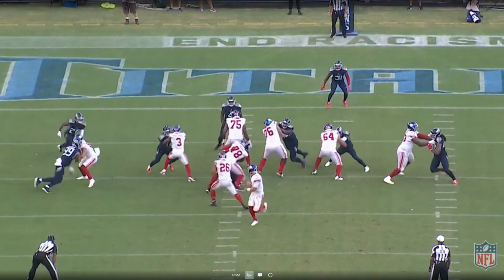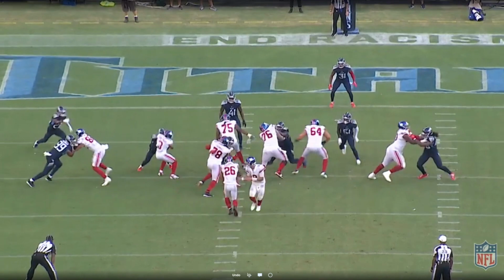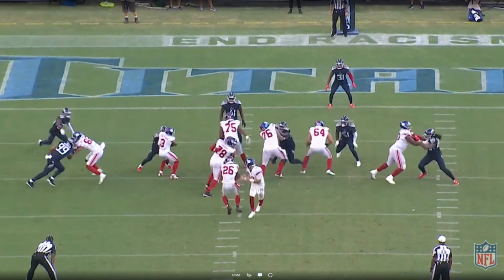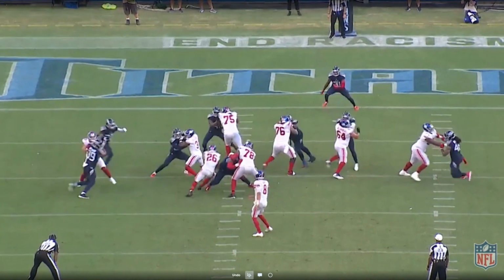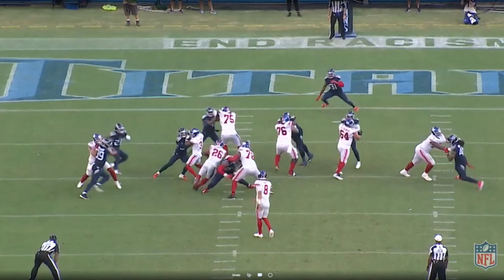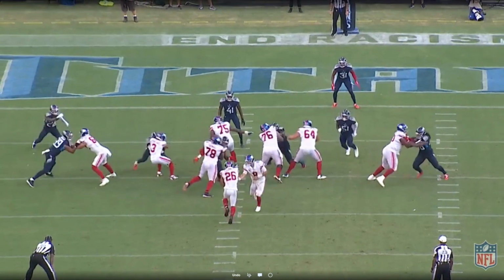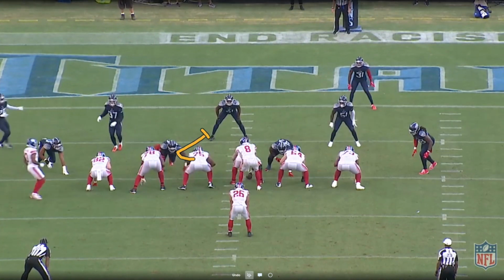And this is why I'm so happy to see Barkley succeeding again. Look at him work around that block and that big defender. Look at that cut. Look at that footwork and agility. And then as soon as he lands right here, watch that right foot and acceleration to get north and south. That is incredible. This is just a good sign for Giants fans because he's going to be the workhorse for